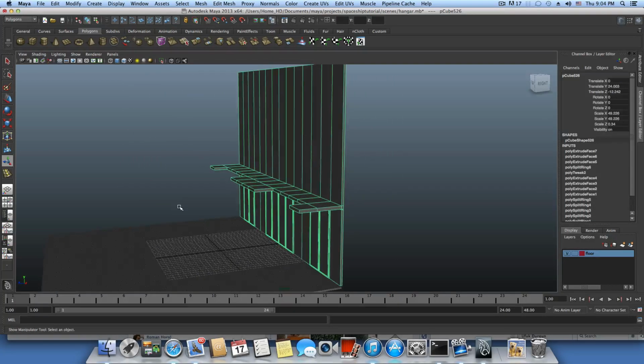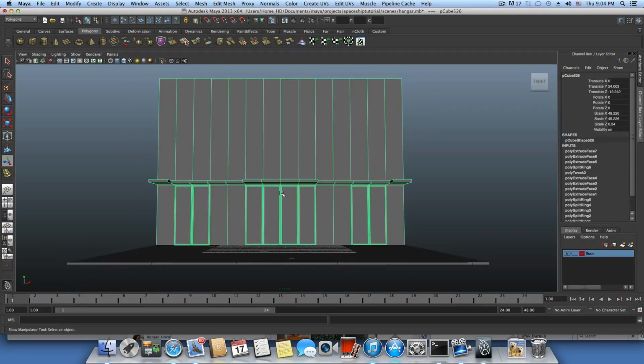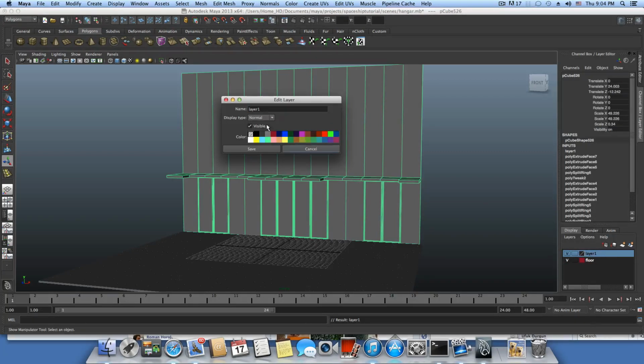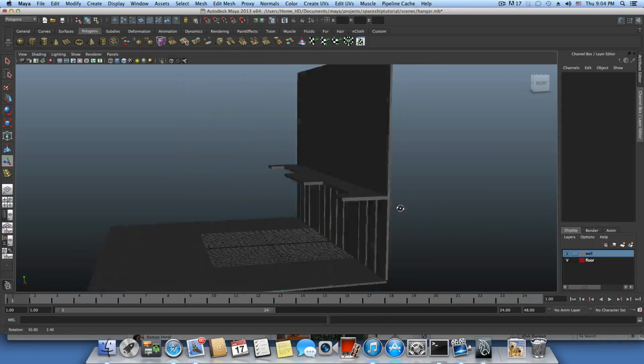The next thing is to grab this wall first, and we want to select it and apply it to a new layer from the channel box. Okay, make sure you click on this once or twice. You see channel box here, and click create new layer and assign selected object, and tap on the layer one twice and type in wall and pick a color and choose save. Okay, so now we have this wall here, and basically